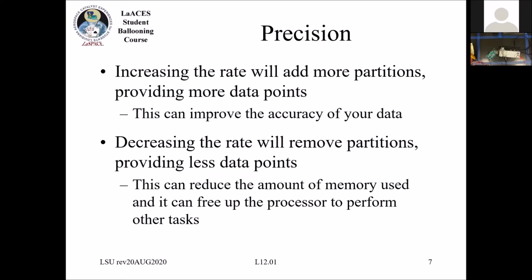So as we increase the sampling rate, we get more partitions and we get more data points. And that can help us increase the accuracy of what we're trying to measure. And if we remove it, the opposite happens, obviously. But as you add more samples, you have to store those somewhere, and you have to spend more time processing. So it's a trade-off, where you basically want to determine how quickly do you